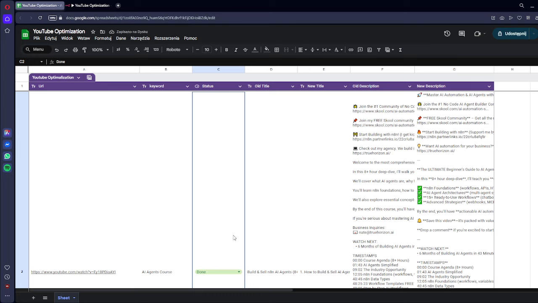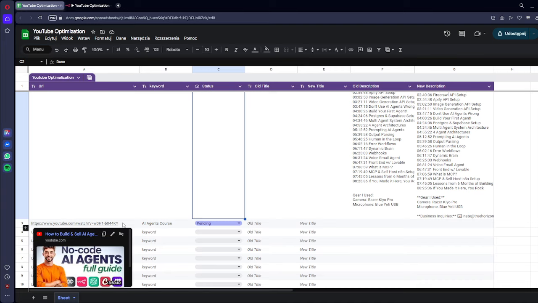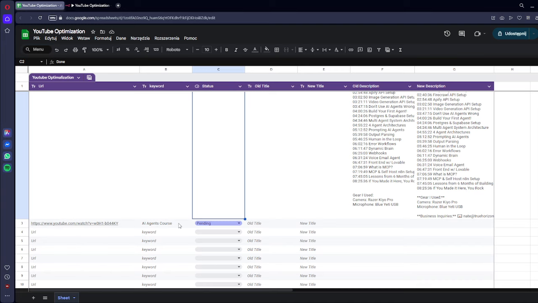In this row, the status is done because I executed the workflow before to show you the result. But the next row has only the YouTube video URL and keyword, and the status is pending because we haven't generated a new